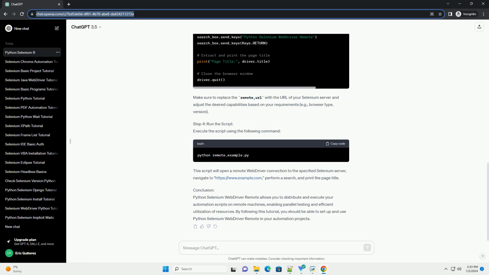practical code examples. Requirements. Step 1. Install Selenium WebDriver. Step 2. Set up a Selenium server, Selenium Grid. Download the Selenium standalone server jar file from the official Selenium website,